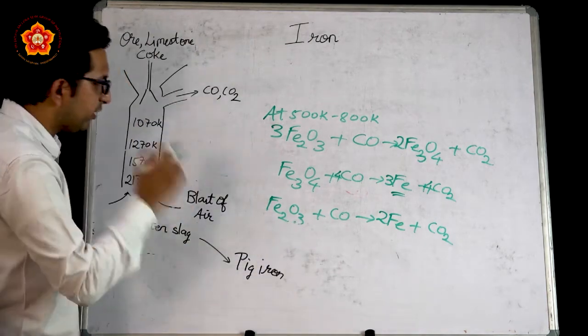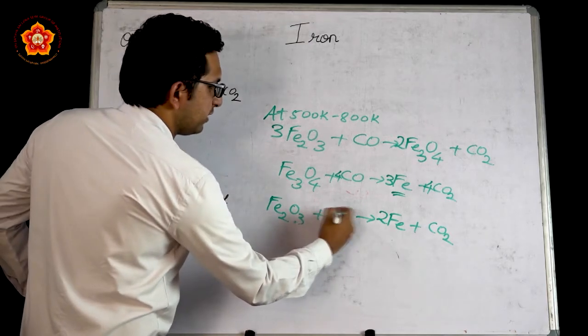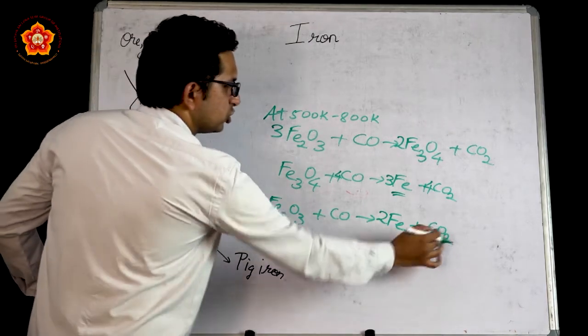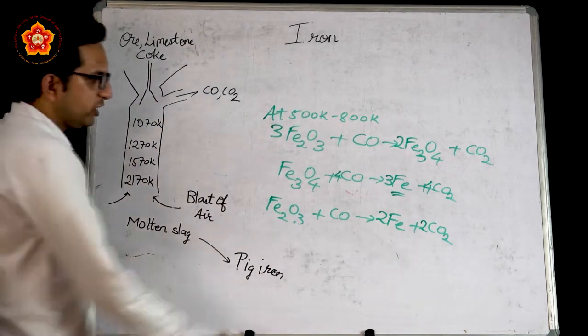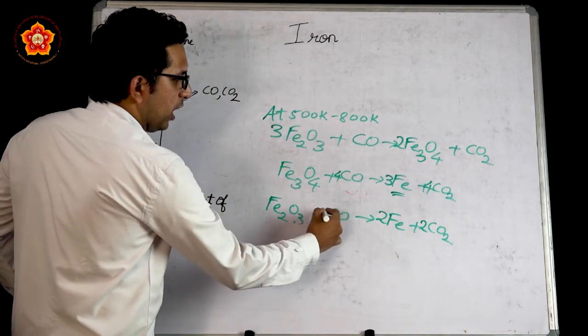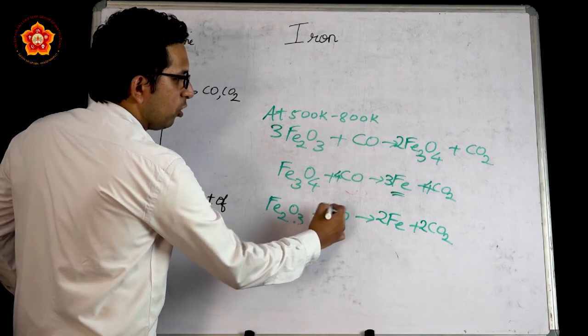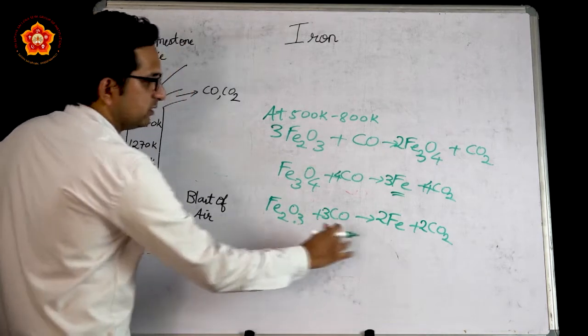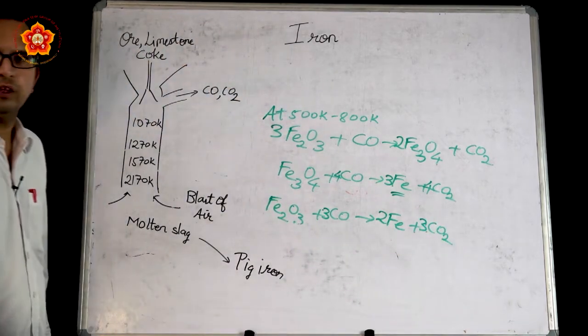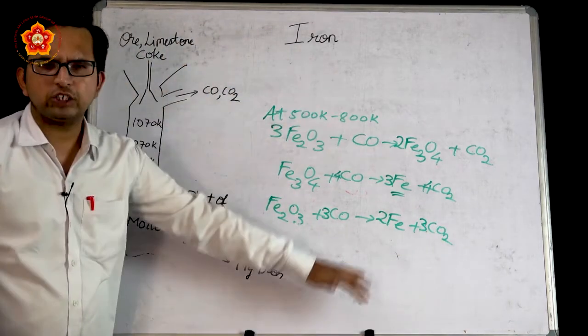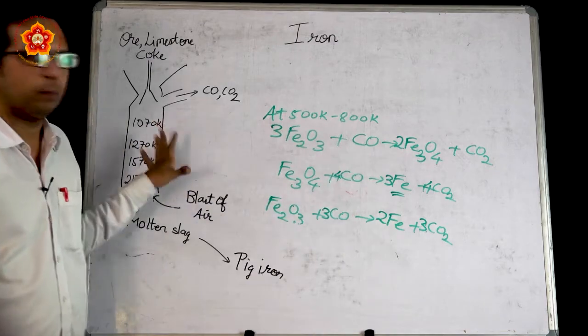So in this case, when we try to balance these parts, we see that since this is 4 oxygen and this is 2 oxygen, by trial and error I am going to do this. But unfortunately, there is a disturbance with the carbon formation. So when I again try to balance this, this can be 3CO and this can be 3CO2. So we see that all these possible reactions are seen in this metallurgy.